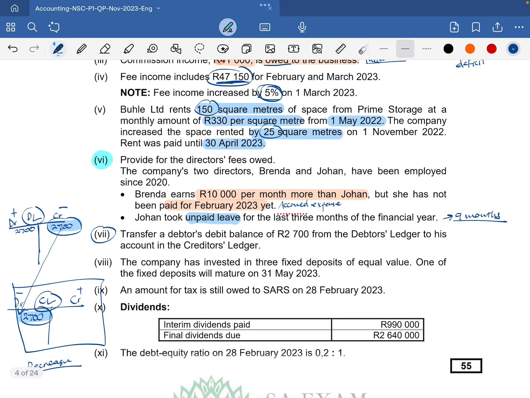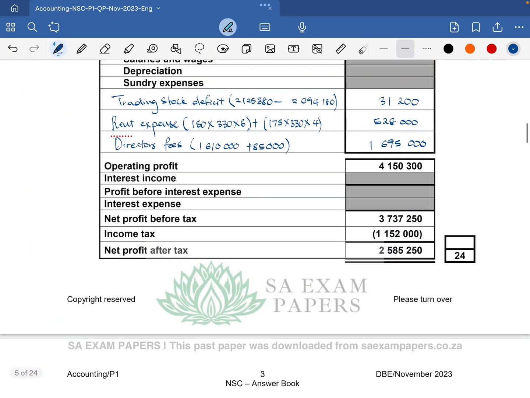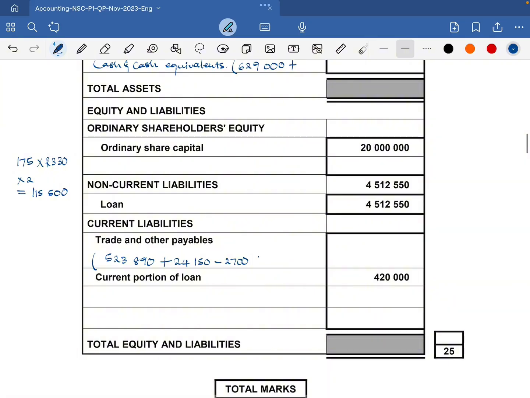Now we know that we owe Brenda an amount of 85,000, so we're also going to add that. Plus 85,000, and that's our trade and other payables. So let's quickly see. It's 523,890 plus 24,150 minus 2,700 plus 85,000, and that gives